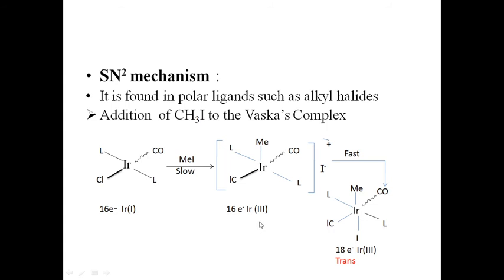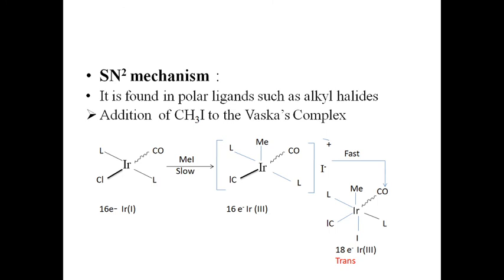The electron count is 16 electron, that is constant. Why? Because the methyl is a zero electron ligand, as it is a positive ion and does not donate electrons, but the oxidation state is increased here by 2 units, and in the next step this iodide